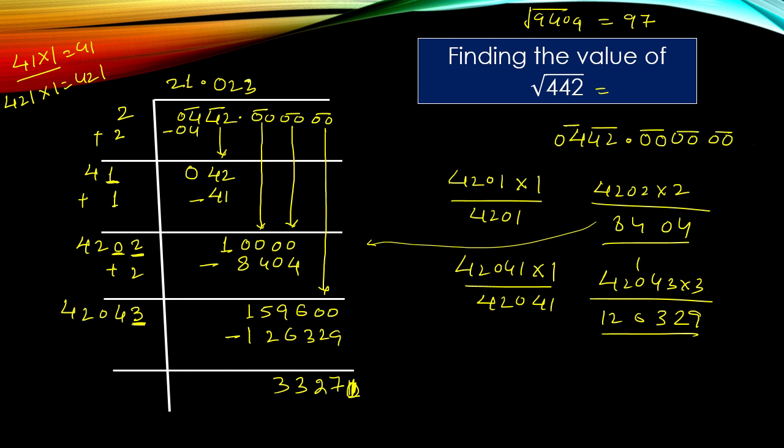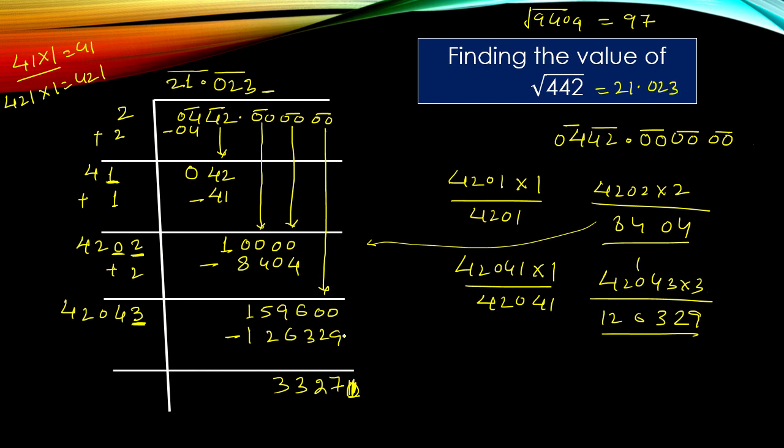If we are interested in creating the fourth digit of this number, we have to keep one pair of zeros again and bring down this one, and with the same process we will get the fourth decimal place. But if we are interested in finding the result up to 3 decimal places, this is sufficient, and now the result of square root of 442 is